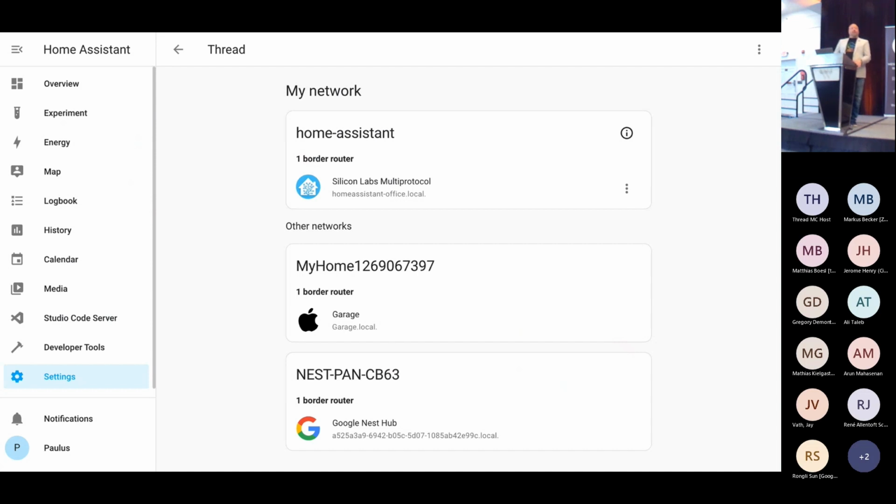Now, as you can see, we detect other border routers on the network through mDNS, and we're going to list all of them because our goal is to help guide the user to form a single network. And I say that's our goal because we're not there yet at all. Right now for Google on Android, we can actually get the preferred credential data set, import it into Home Assistant and try to set that on our border router.